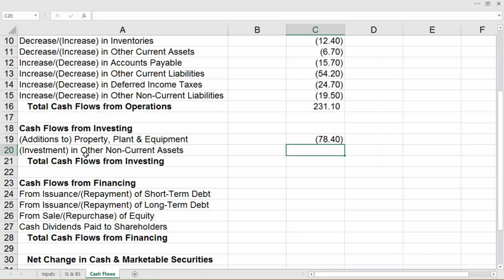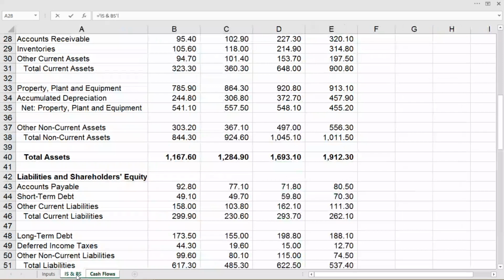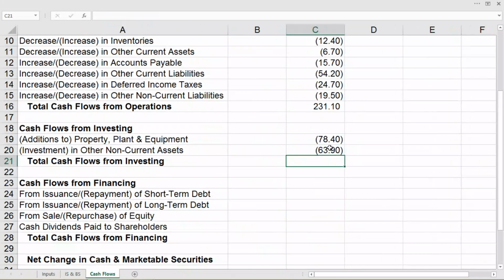Similarly, for the investment in other non-current assets, we have equal to B37 minus C37 and enter. Now to calculate total cash flow from investing, again we'll use the sum function. So sum parenthesis, selecting C19 till C20, parenthesis close and enter.